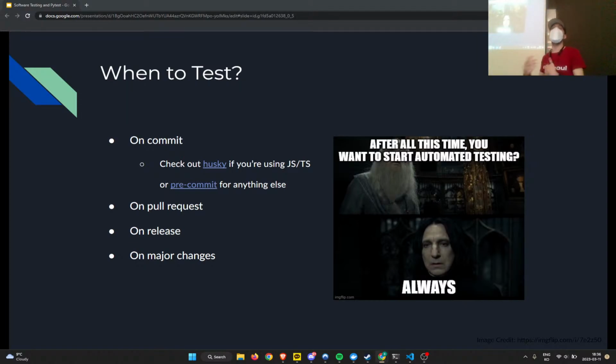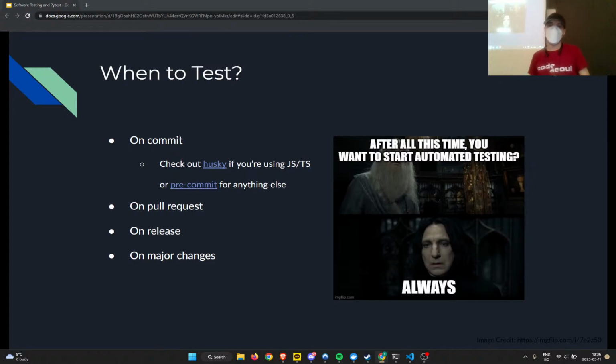But when do you actually run your tests? Well, you can do it on commit. Usually you do your unit tests and your regression tests, depending on if your regression tests can be done in unit tests. Some regression tests have to happen at the functional test layer, and if so, just do them then. And the unit tests, again, should be very cheap. They should be very easy to run.